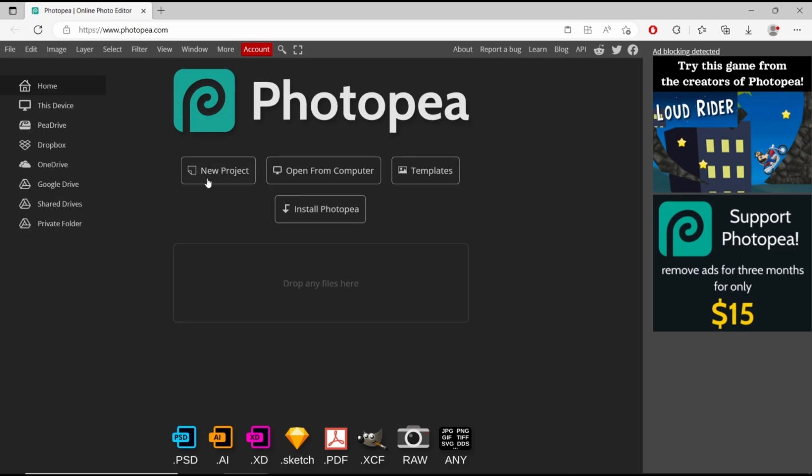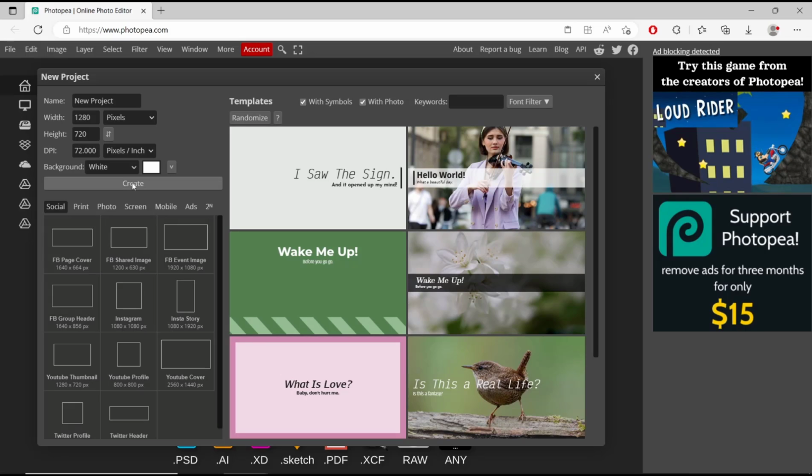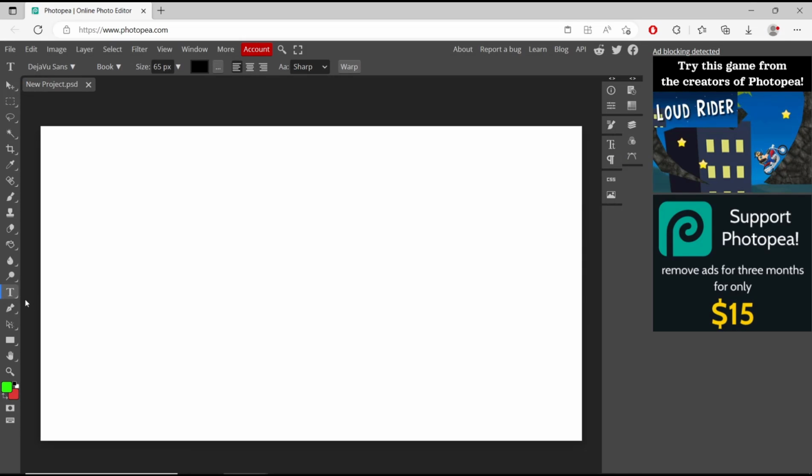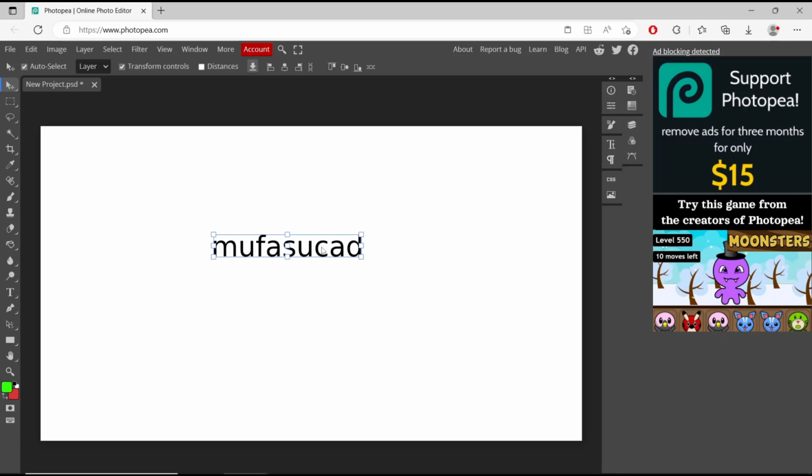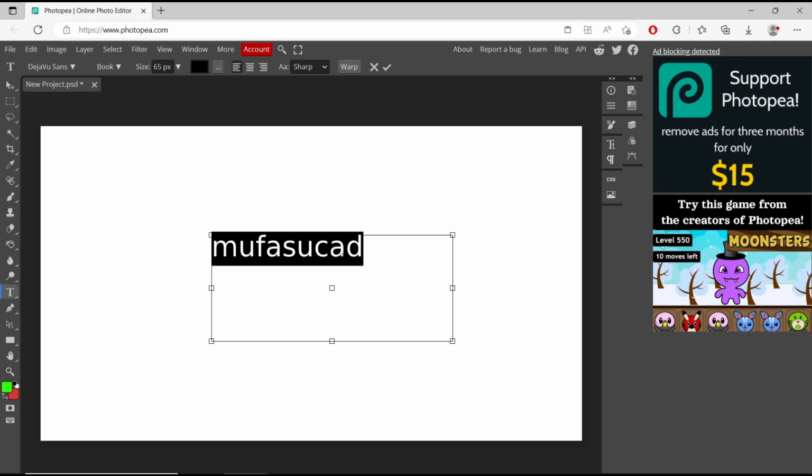Okay, now I will create a new project and we use the default template settings. Use these tools, the type tool, to create text, and I will set the name to Mufasu Cat. Click OK. Now if you want to change this text color, you can double click and then you can select